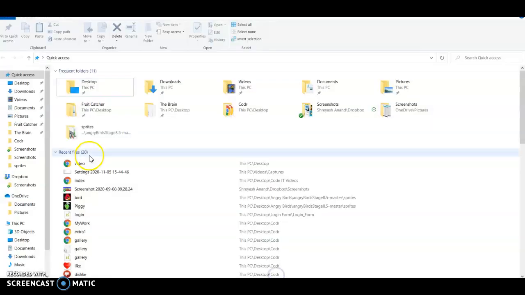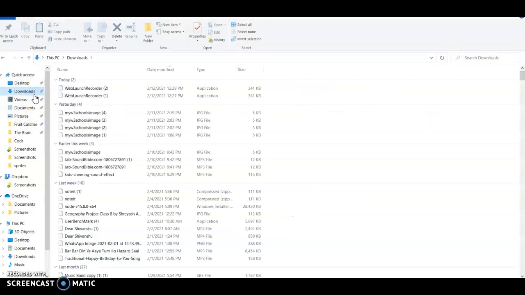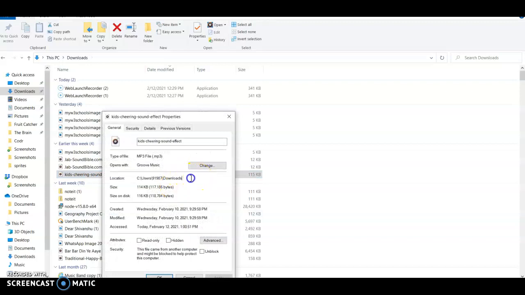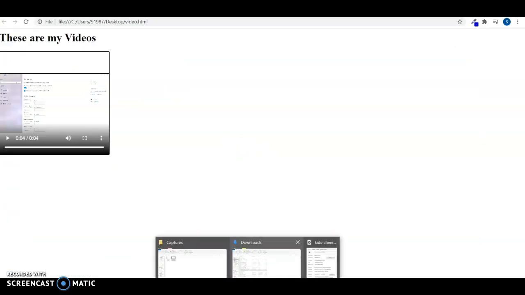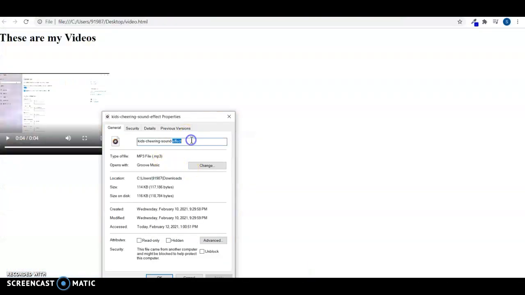I would go to the file, and then I would take some sound. Maybe I have this kids chatting sound. So what I do is I would just see the properties of it here. What is this? Location. I would press Control plus C, copy this location, and then just paste it here, and then I would put one backslash, and then I would see the name of it. So I would copy the name also,